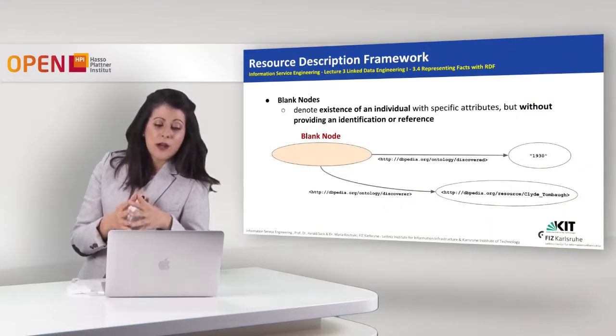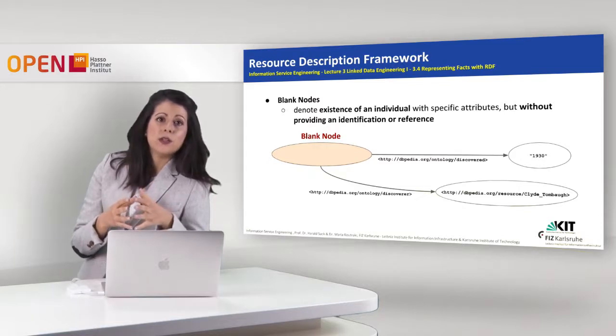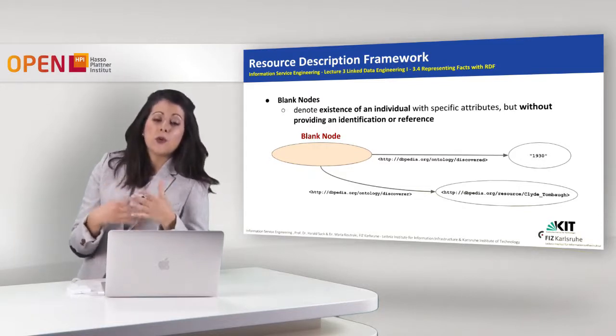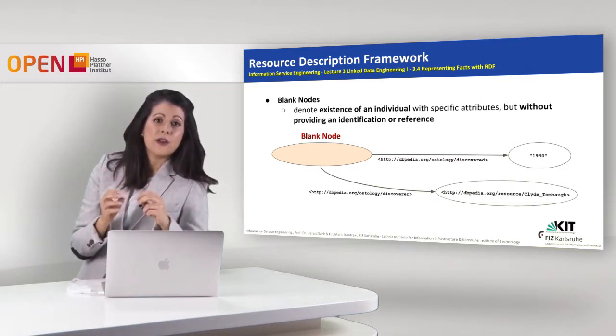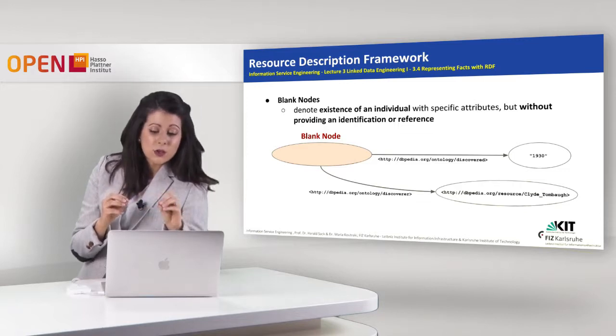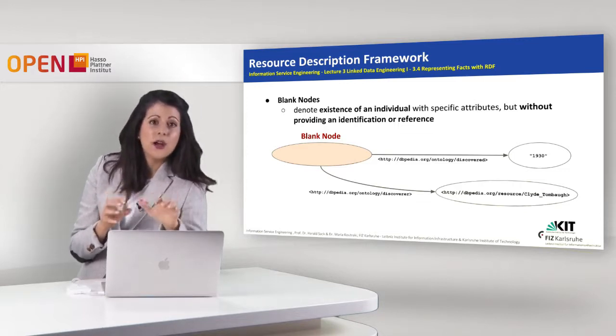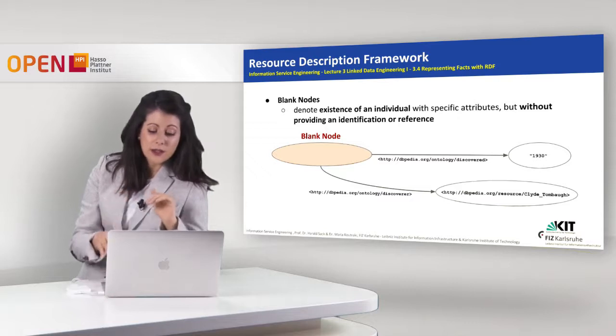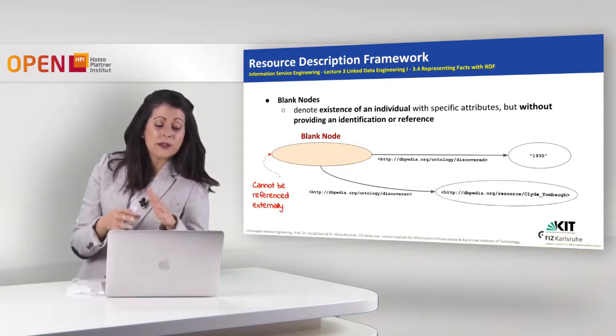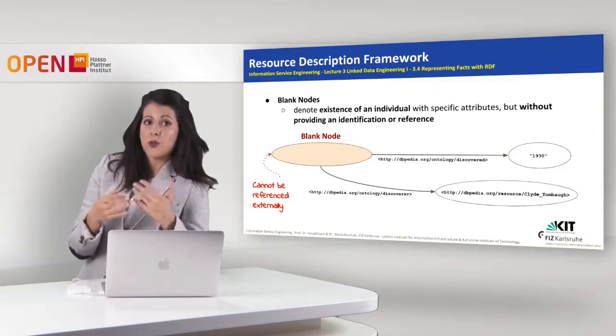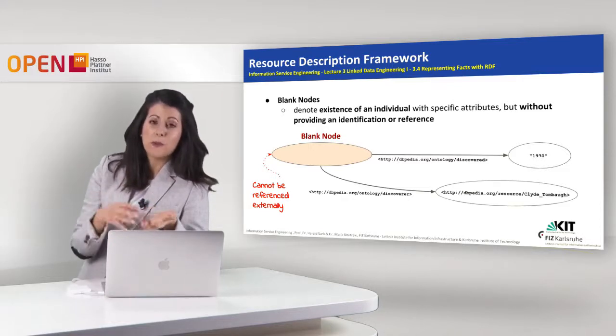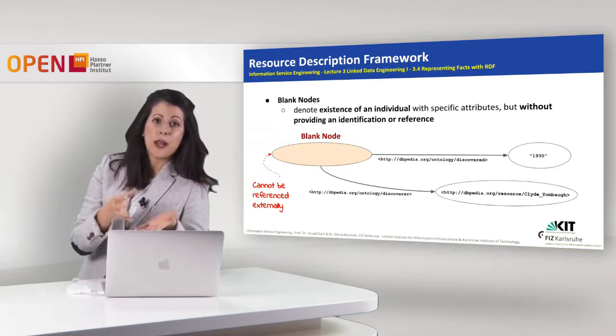And let's check now the blank nodes. So the blank nodes denote the existence of an individual which has specific attributes, but without providing an identification or reference for this node. So you see that this node has nothing inside, has no identifier or value inside. Because of that, it cannot be referenced externally from an external source. So we cannot really refer to it anymore, but we will see in the future that they play important roles